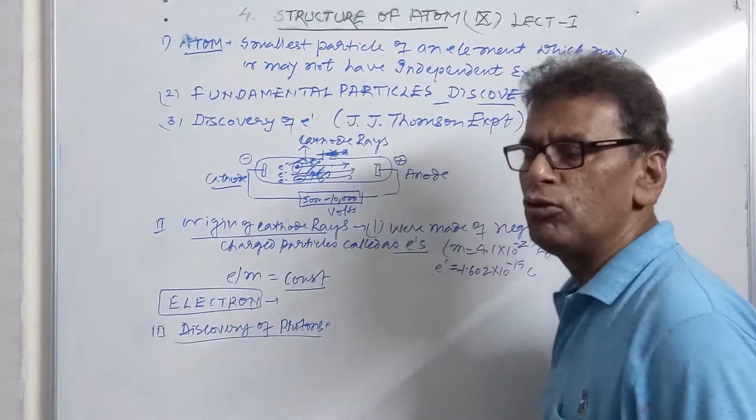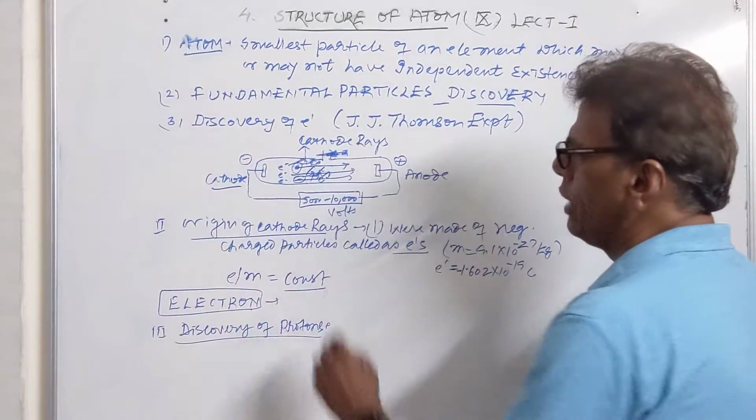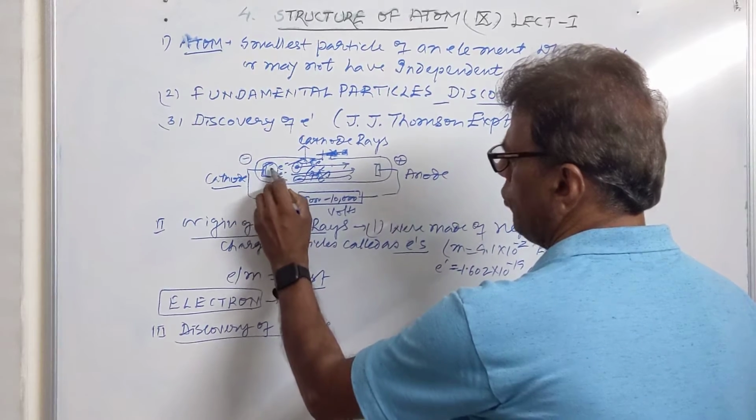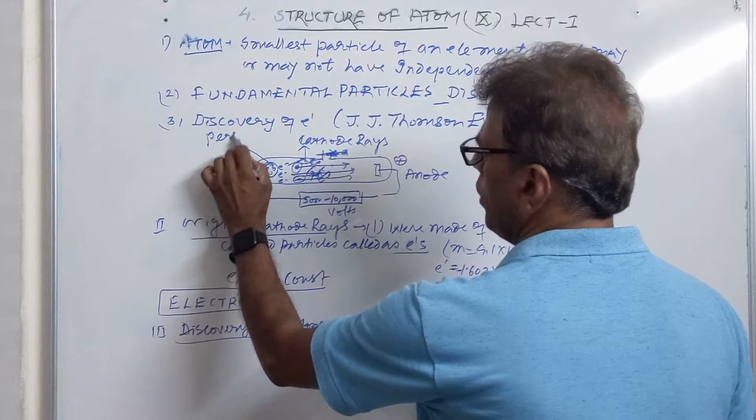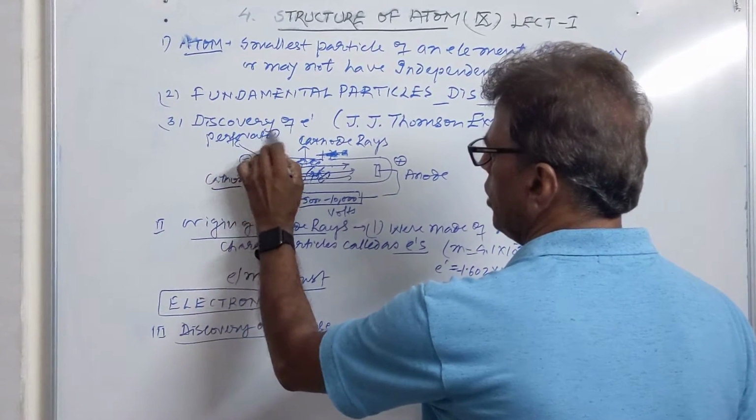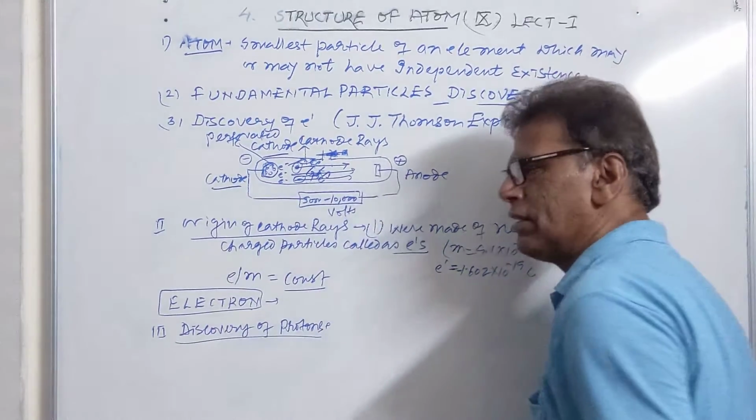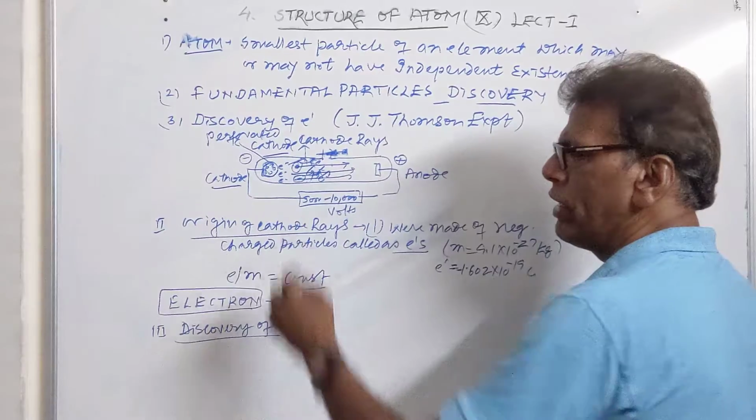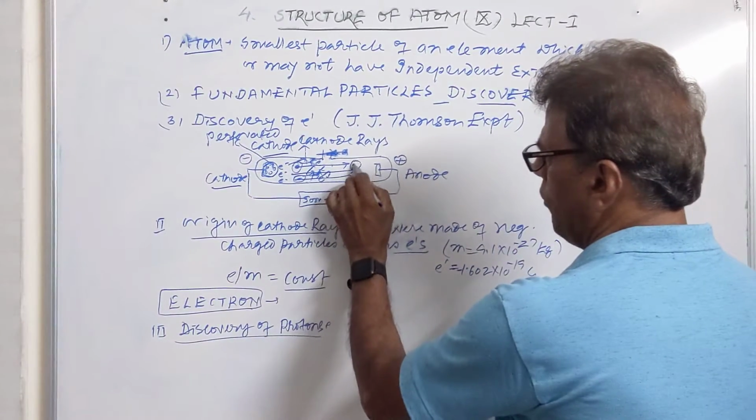Goldstein was the scientist who was responsible for the discovery of protons. What he did, he used a perforated cathode here, in place of the metal foil. In the Thomson experiment setup, he repeated the same experiment, but the cathode had a number of perforations, a number of holes in it, and he saw that cathode rays were moving towards the anode, and there were some rays in the discharge tube